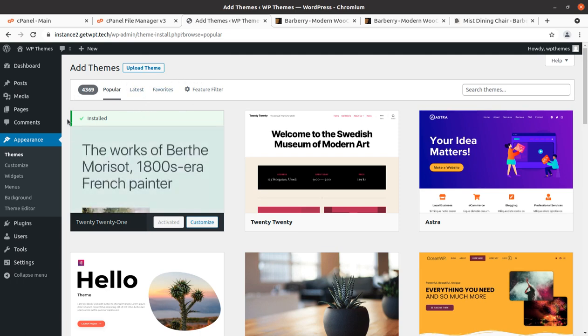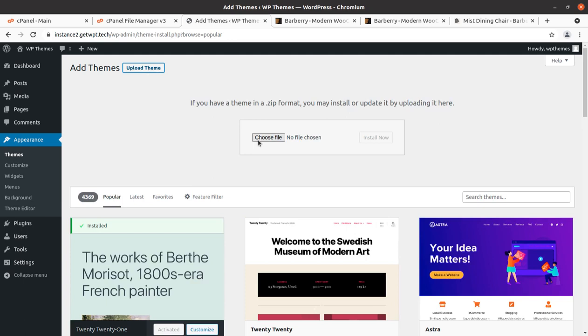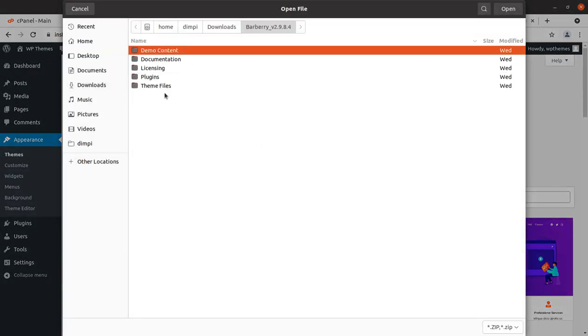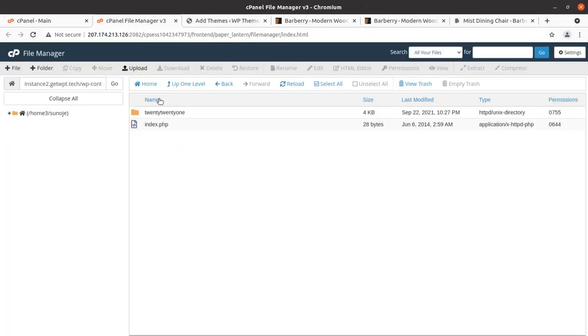In the theme section we have to click on Upload Theme, Choose File, and here we need to choose the barbary.zip that is under the theme files. And remember, don't upload the complete folder that comes in the theme pack. You have to just select barbary.zip, which is the only installable theme file. And if you have direct access on your server, that is the file manager, or you are using an FTP manager, you can upload the same theme file in the wp-content themes folder, and it is very simple to upload through this interface. So I am using the same.